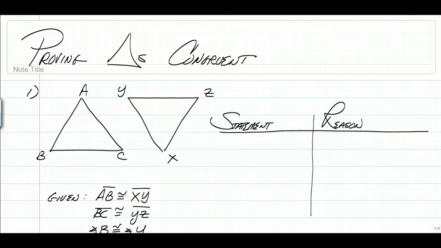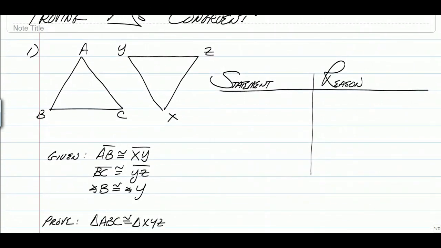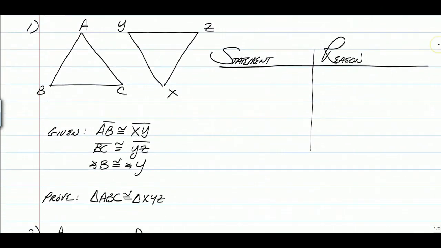Alright everybody, here goes a video on how to prove triangles congruent, and this is going to be done with the two-column proof method. Now a little heads up, this video might be a little lengthy because proofs are very involving and they're going to require a lot of work,